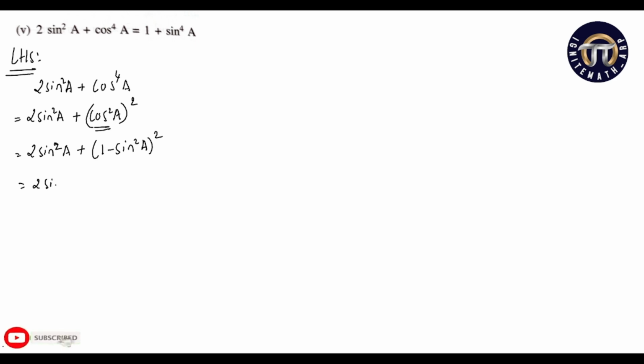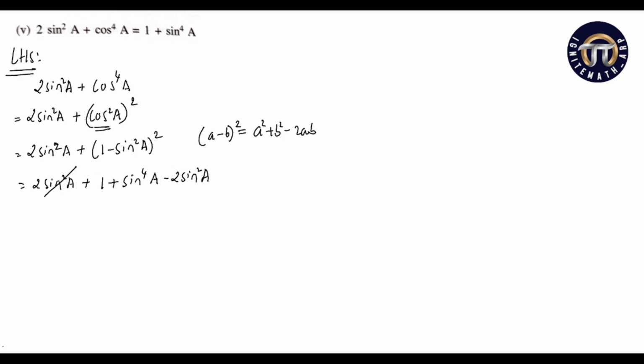So 2 sine square a plus 1 plus sine to the power of 4a minus 2 sine square a, because a minus b the whole square is equal to a square plus b square minus 2ab. So 2 sine square a with plus sign and minus sign will get cancelled. So I'll be left with 1 plus sine to the power of 4a, that is equal to